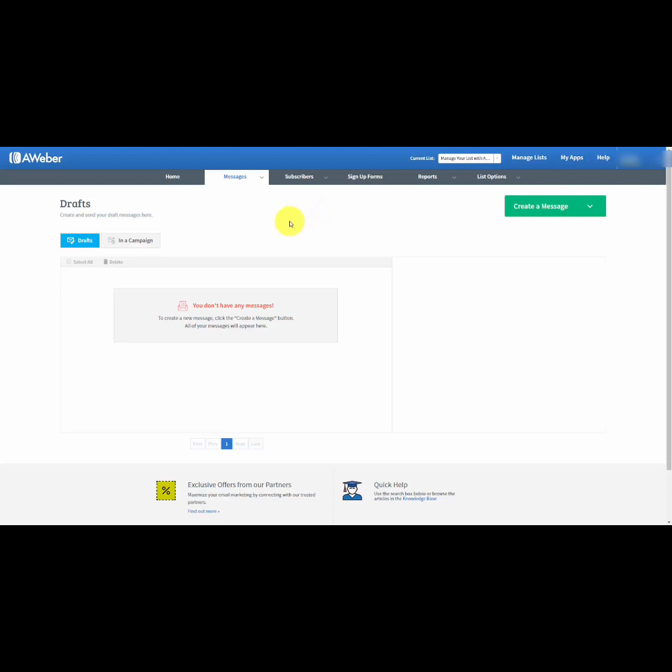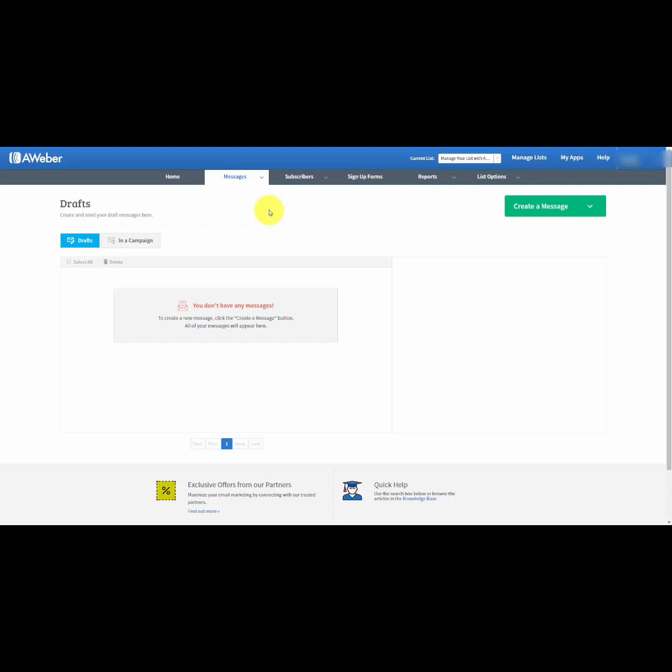Welcome back. In most cases, you are going to be sending out an email to your email marketing list using the broadcast feature in AWeber. This means that you are writing the message from scratch and you are sending out this message at some particular point in time. Now, you can write the message at a point in time before it actually has to go out. However, you are writing these messages individually, one at a time,